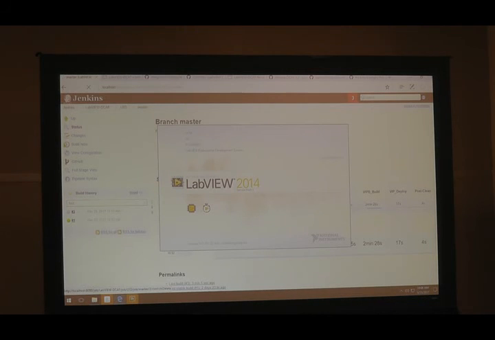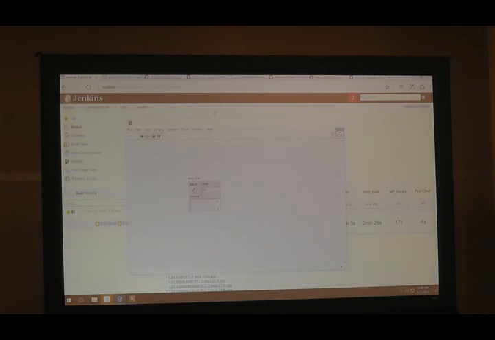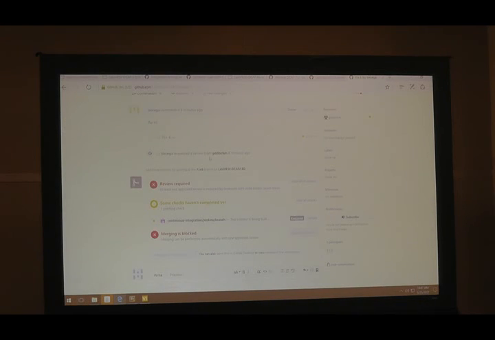Delete build. I noticed you're using 2014. Is there something in there that manages it so that all these components are done with the same version of LabVIEW? Come to my session next. Okay. Yes, there is. Like I said, I didn't have time to go into the proper depth there and do this whole thing together. But what I wanted to show in here is if we go back to GitHub,